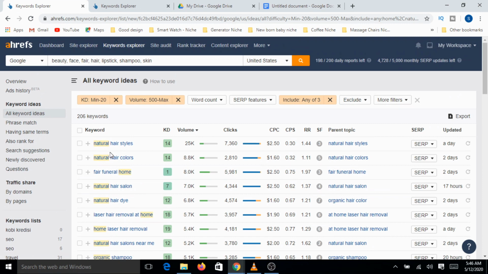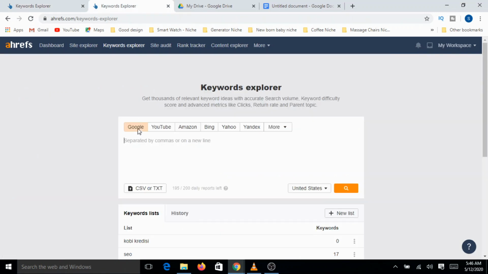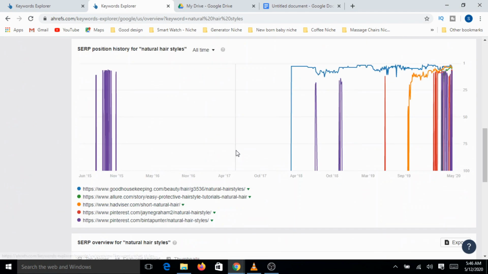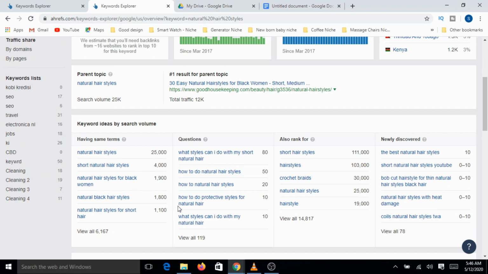So natural hairstyles is one thing that is surely an informational article, because you won't find a product immediately for hairstyles. All you want to understand is what the natural hairstyles are. Let's pick this topic and start the analysis. For example, if I decide to write an article on this, I will further explore the relevant sub keywords related to this particular keyword. So let's check, there are so many keywords.